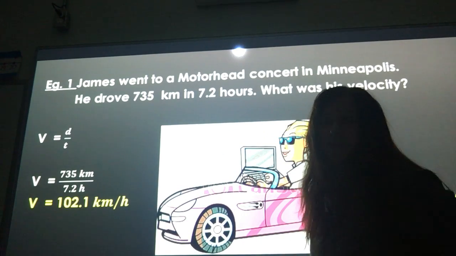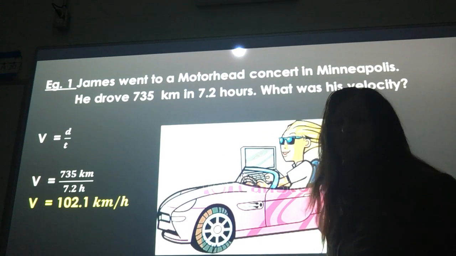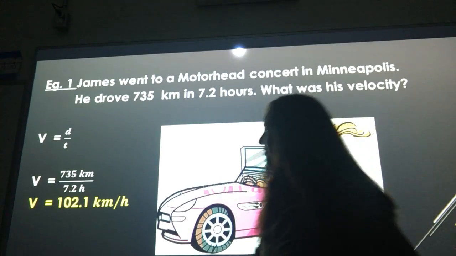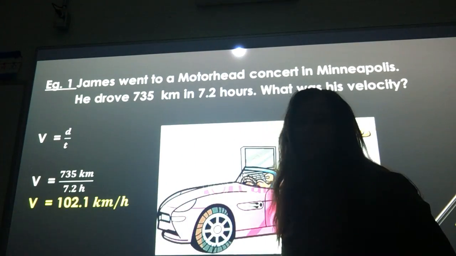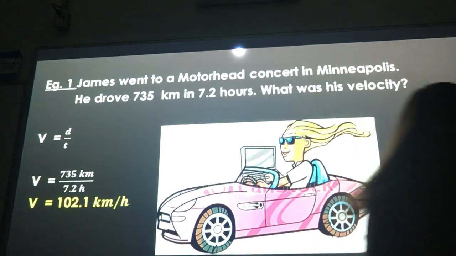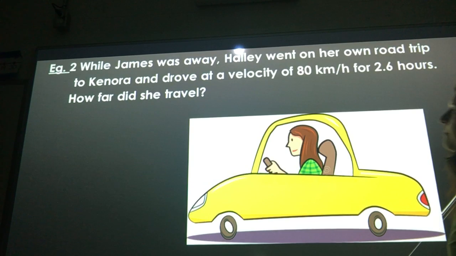You can use your calculator. It's not Intro to Applied and Pre-Cal. You don't have to do mental math. You can use your calculator. So your answer is 102.1 kilometers per hour. Pretty straightforward. So our second and our last example: while James was away, Haley went on her own road trip